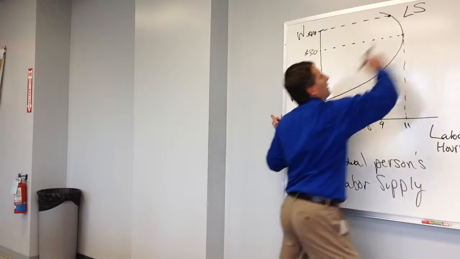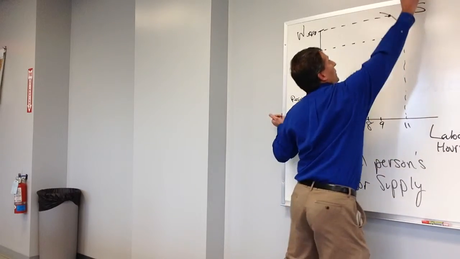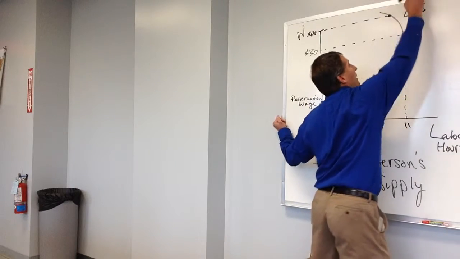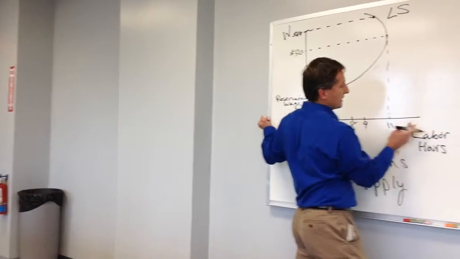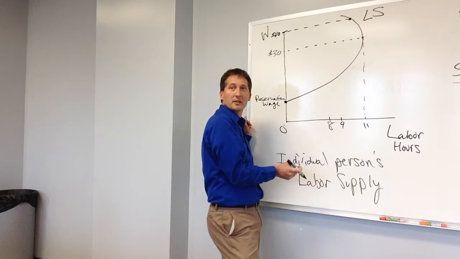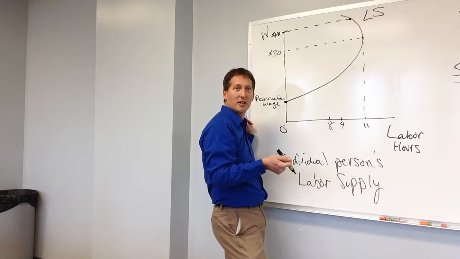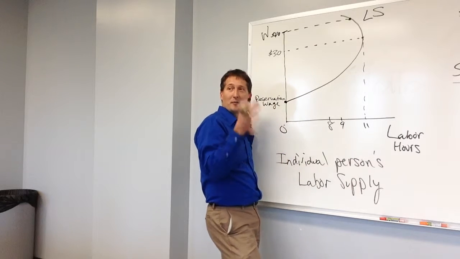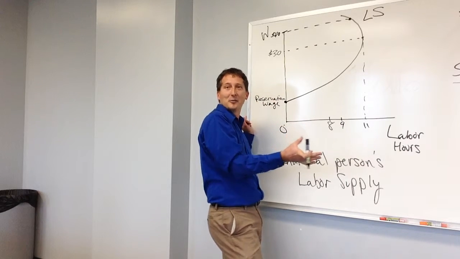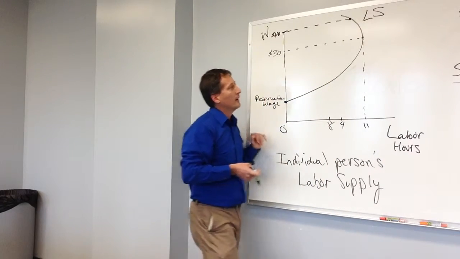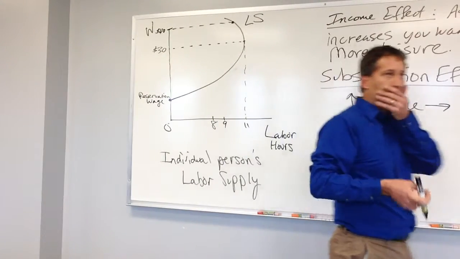Some individuals, it might just go up and kind of get vertical, but they are just workaholics, right? So a workaholic's one might go up. Again, they face a binding constraint somewhere here of 24 hours. Sleep is required, the last time I checked, in these other courses we teach at Ottawa, right? So if you can live on 4 hours of sleep, maybe you can work 20 hours, but we all face some sort of constraint that way. All right, questions or comments on that?